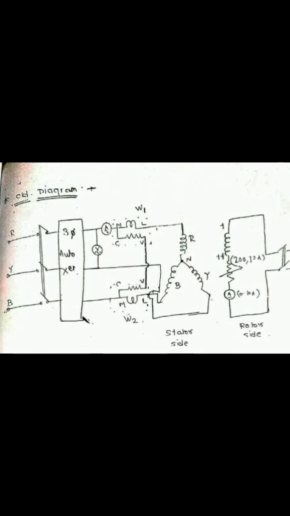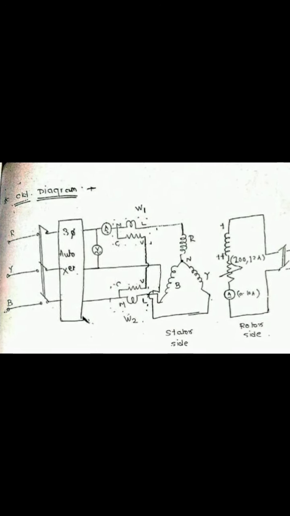So this is the observation table of the experiment. The first column gives the supply voltage, the second column gives the field current, the third column gives the armature current, and the fourth and fifth columns give the wattmeter readings W1 and W2. For the sake of understanding, as this is a two wattmeter method, the actual power is W1 plus W2, or W1 minus W2, or W2 minus W1, depending upon the wattmeter readings, which is the next column of your observation table. So this is the observation table of the V and inverted V curves.